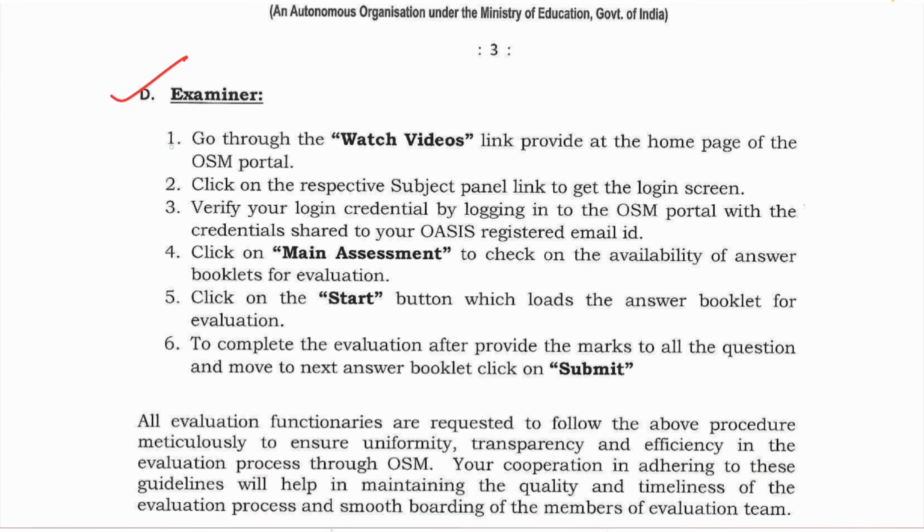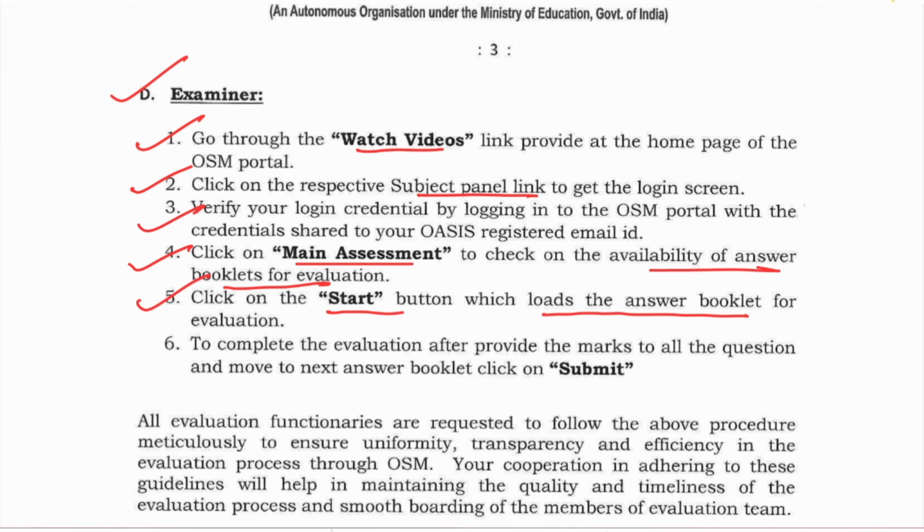Lastly is examiner. They can also log in the same way. Go to watch video, then subject panel and login. Now they need to go on main assessment, then check the availability of answer book, whether answer book is available or not. If it is available, they can click on start button, which will load the answer book for evaluation. And to complete evaluation, after you assign marks to all the question, you can